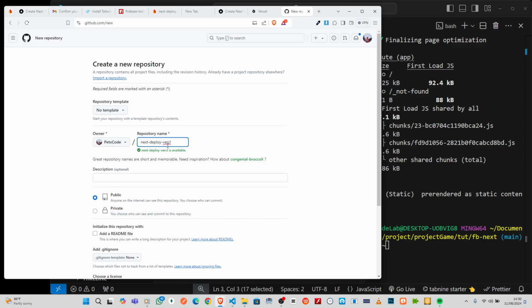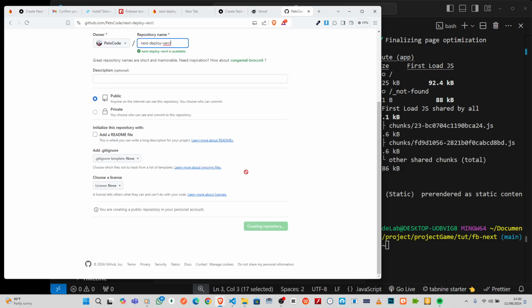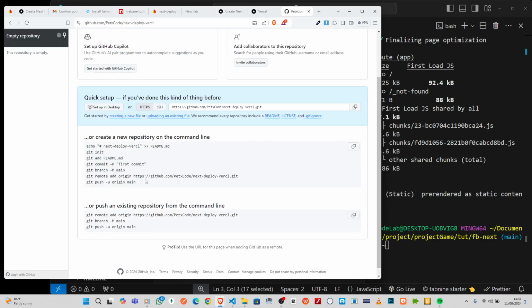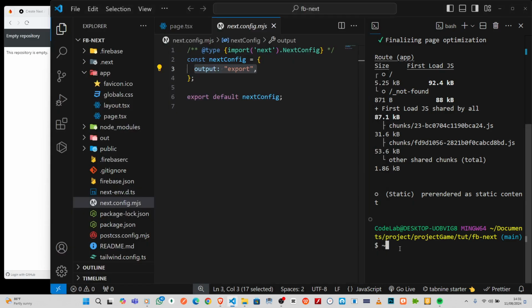Vercel. So I just put that like that, right? And so you check whether that name is available. Of course it's available. So quickly let me just copy within there. So first thing first, for me to do